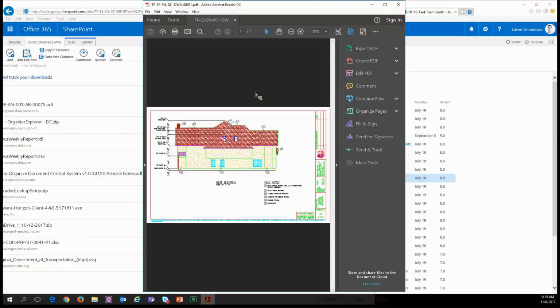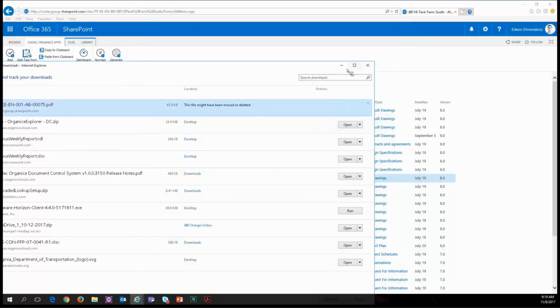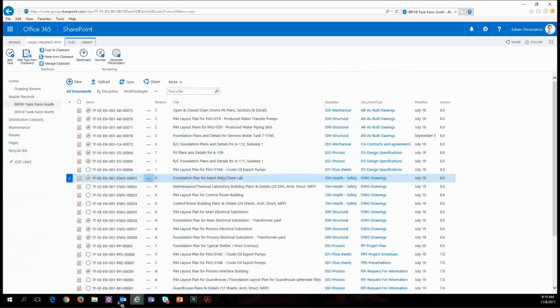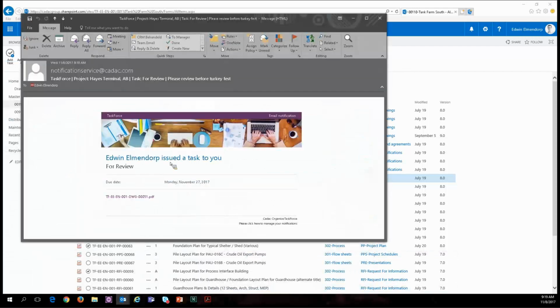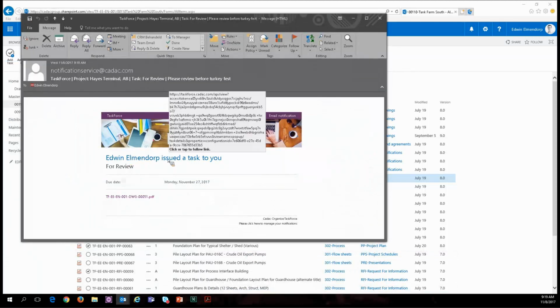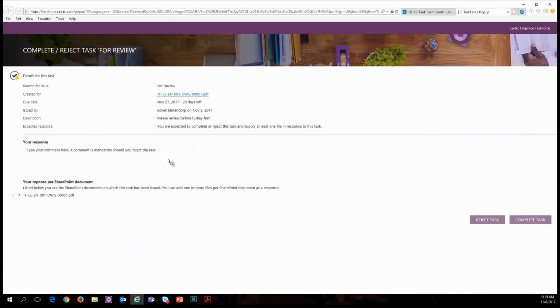They can provide remarks on it. I understand I selected a different drawing here. They can put comments on it. They can review it. They can do all kinds of stuff with it. But what they will need to do in order to close out that particular activity is from that email, they can simply click on this hyperlink here, which brings them into the TaskForce application, right? So in here, they can say the response is,